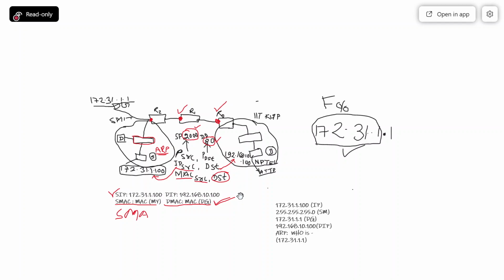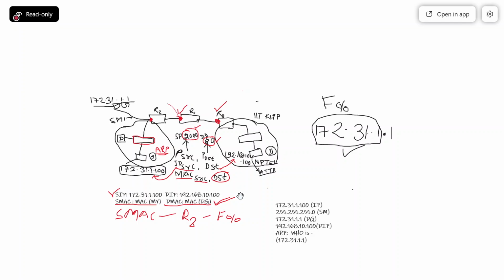Okay, when it will send, this will send the router 2. And which interface is router 2's? Maybe the interface is, let's say, FA00. So the MAC address of this FA00 will be the source MAC address. And what will the destination MAC address be? Destination MAC address will be the MAC address of this interface.